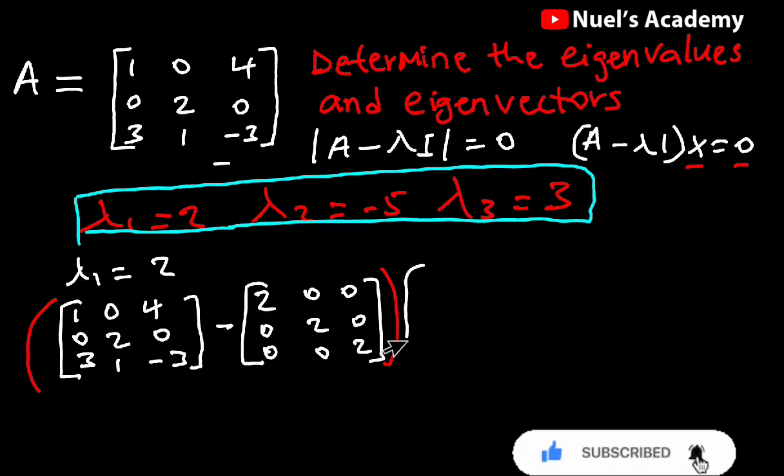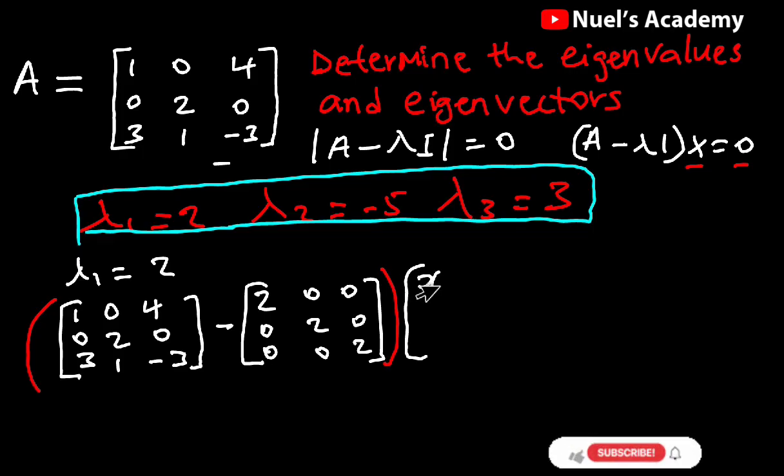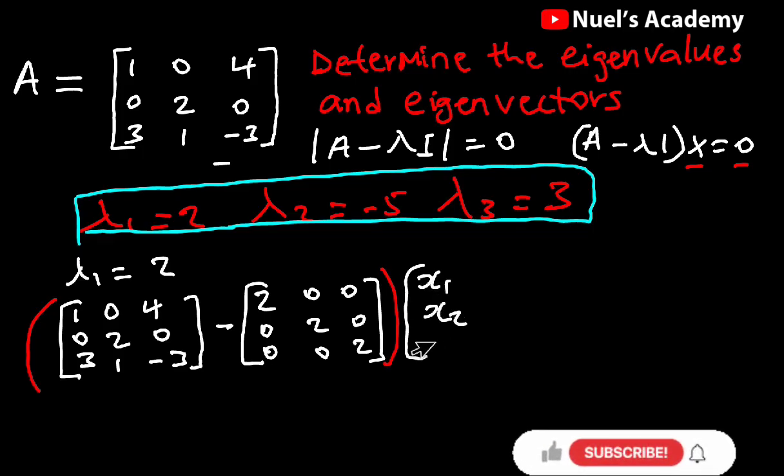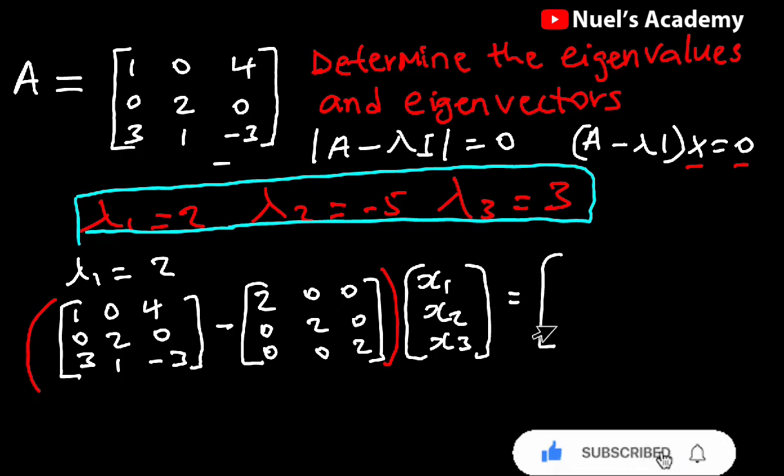So we have x here. We're going to represent it as x1, x2, x3, then equals this 0, which we represent as 0, 0, and 0. Now let's perform this operation: this matrix A minus this matrix. So we're going to have